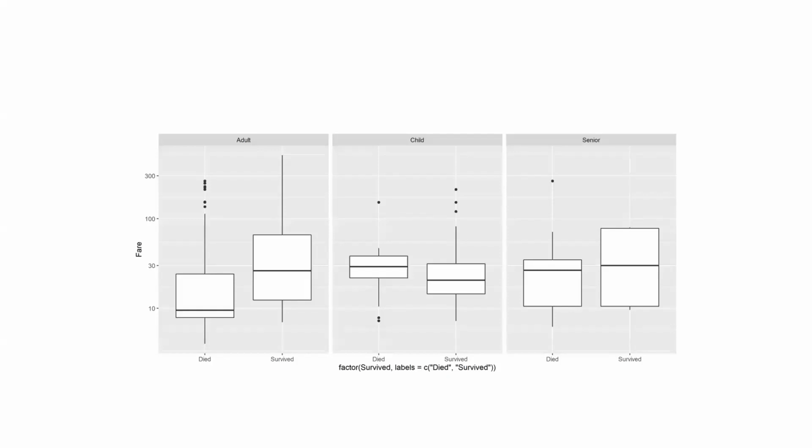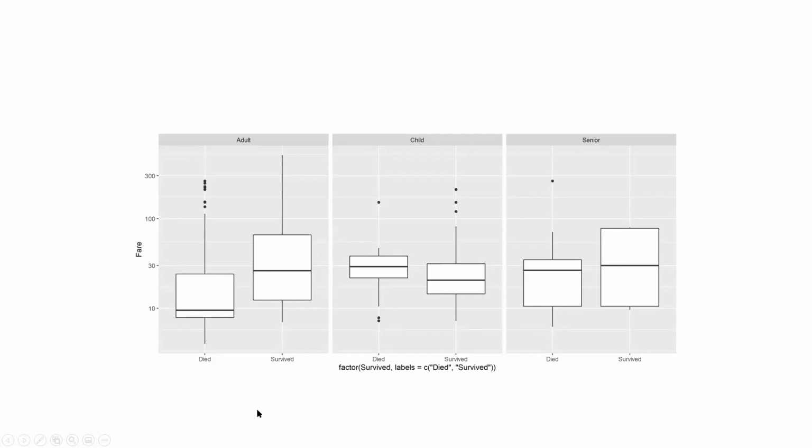Okay, so this is what a facet wrap is. We've taken our data and we have now split it by some categorical variable. Our categories are now adult, child, or senior. And we've taken our data from the plot and we split it into these three groups to see if in one of our groups there's a difference in the effect of fair price or in the interaction between fair price